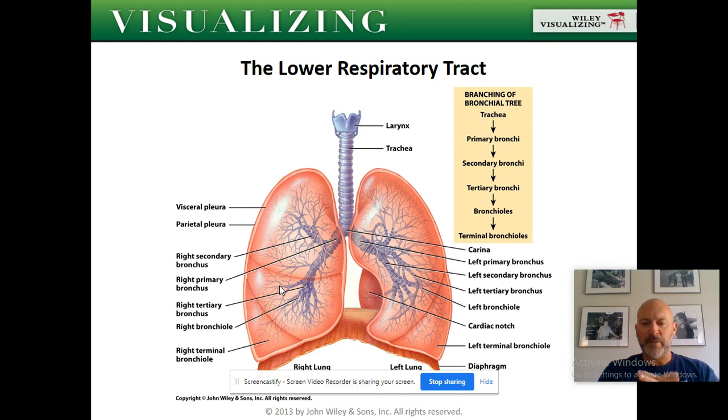would cause inflammation in the lungs, and